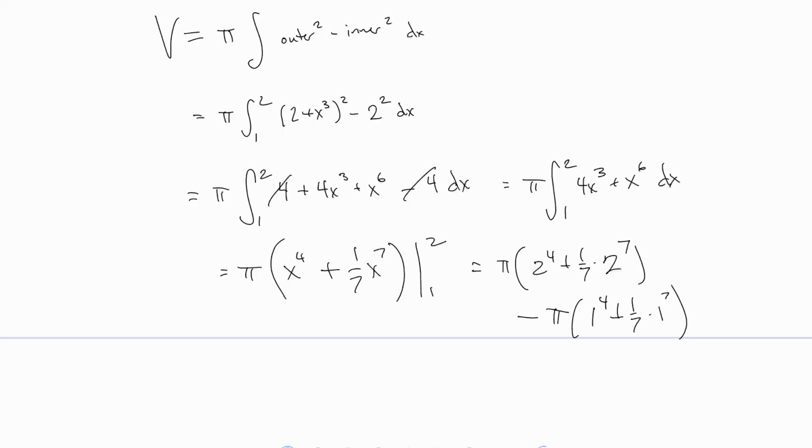All right. I think that's all we need to say about volumes with the washers. Next time we'll do the shells thing, which is